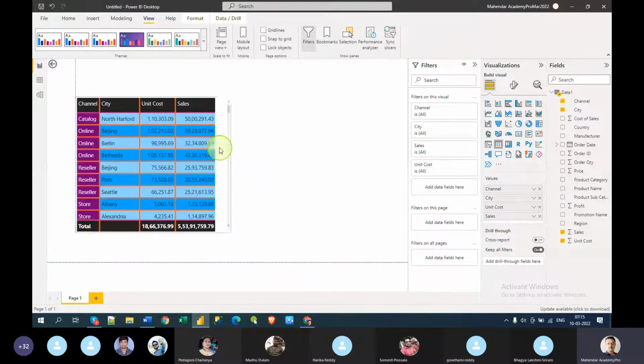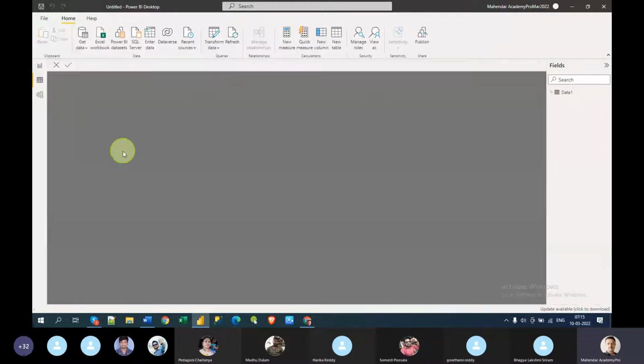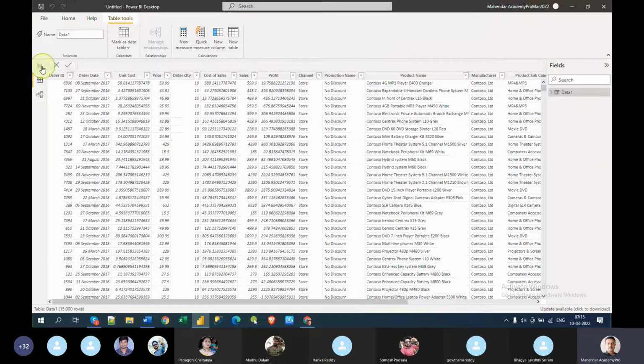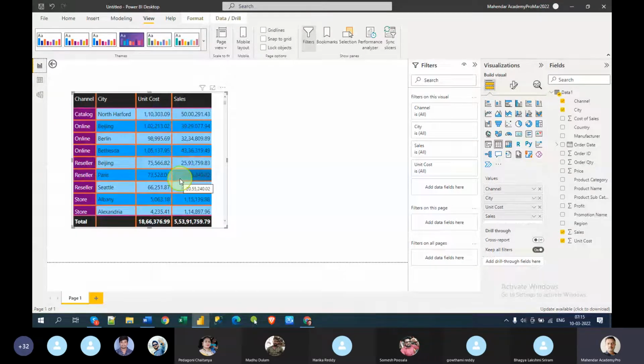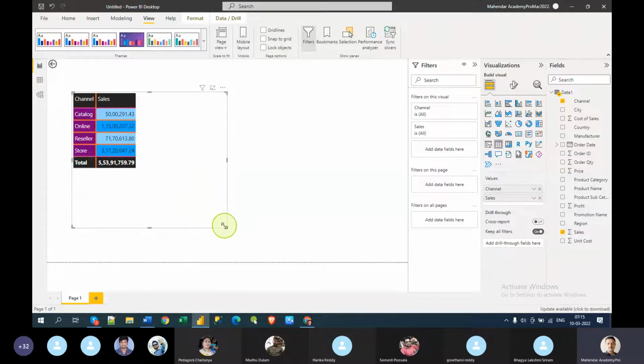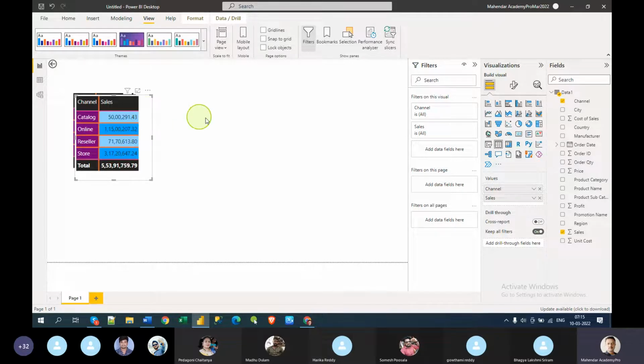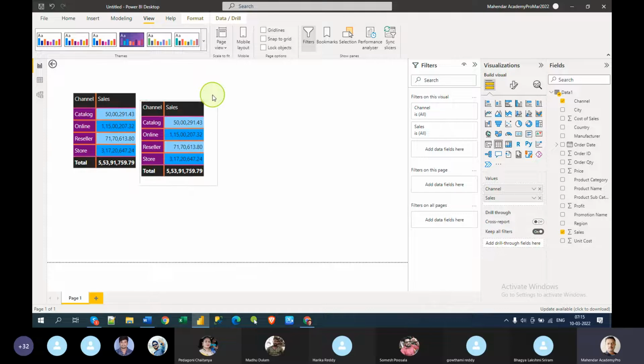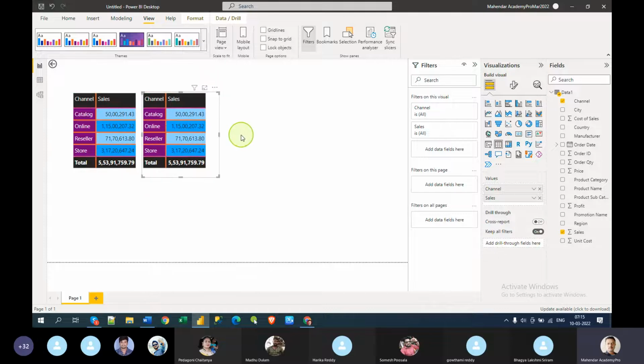But again, it looks like there's no difference between here and here, right? So that's what you might feel. But here you have a lot of colors and everything, but that is not enough. So the thing is, you can remove this and have the same table, Control C, Control V. So what will happen? It will create a duplicate copy. Okay, what I've done, Control C, Control V.